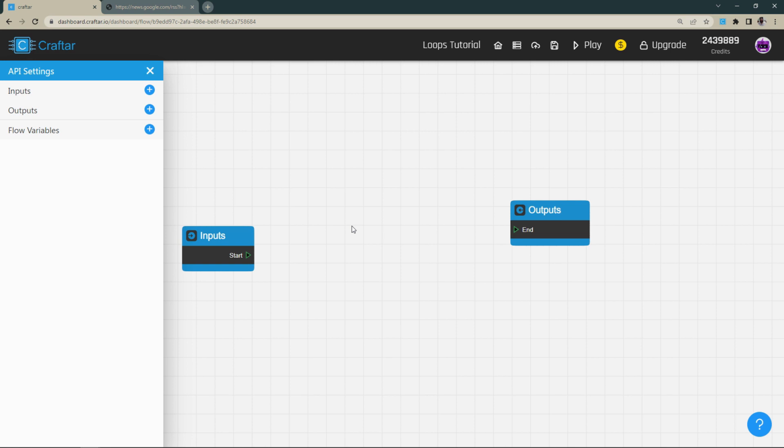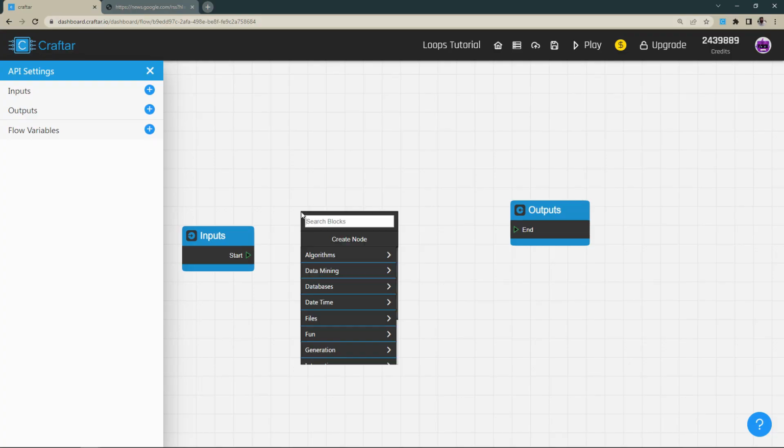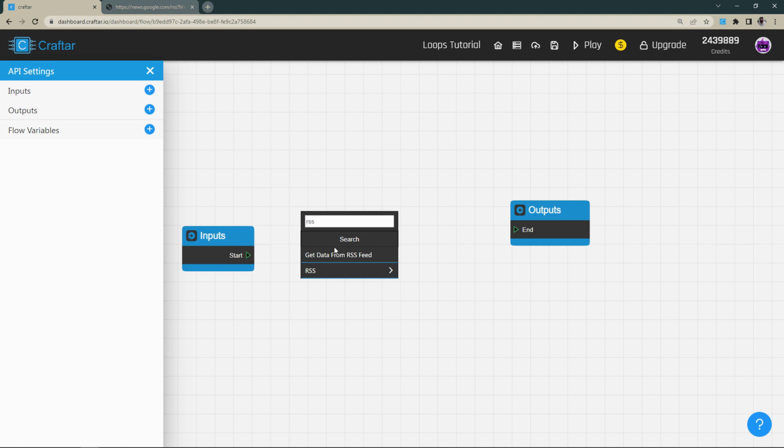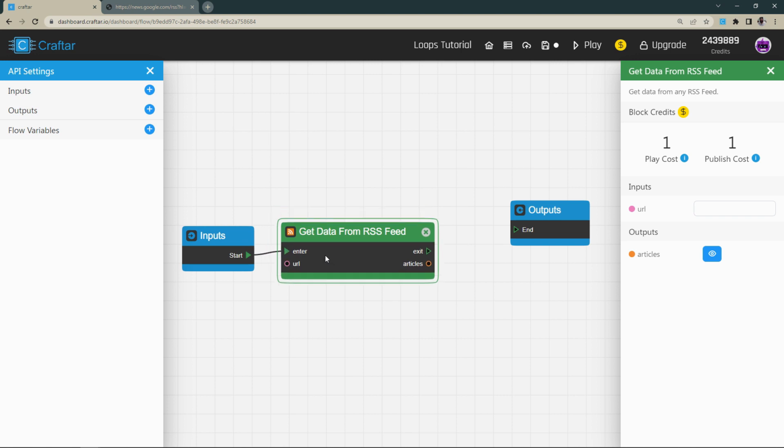So first we'll need to get our RSS feed. So this is the RSS feed of Google News. So I'll just copy this URL. I'll go to Craftar, I'll right click and I'll search for RSS. So we have the block get data from RSS feed. So to this block we'll connect start to enter and then we'll give our URL here, and now we can